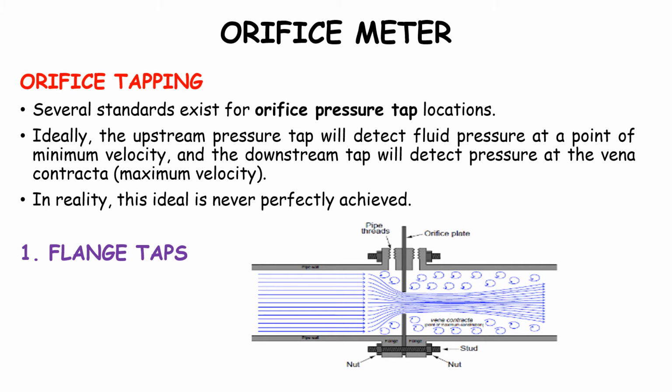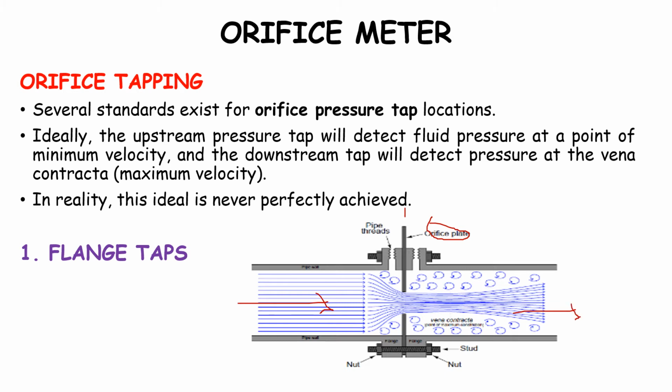The diagram shown is a pipe in which a fluid, gas or liquid is going to flow, and this is the orifice plate inserted into your pipe in order to measure the differential pressure. This is called the inlet side and this is the outlet side.